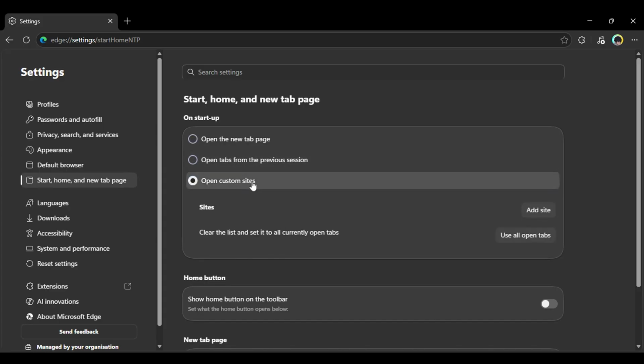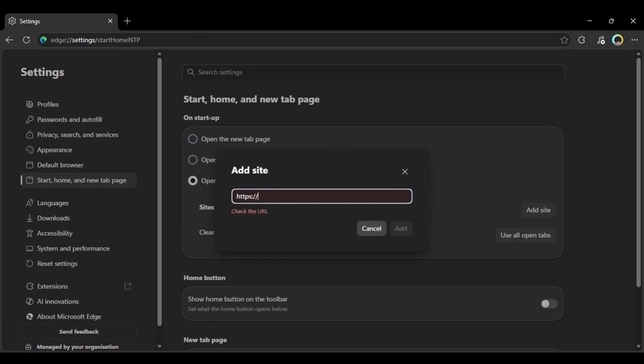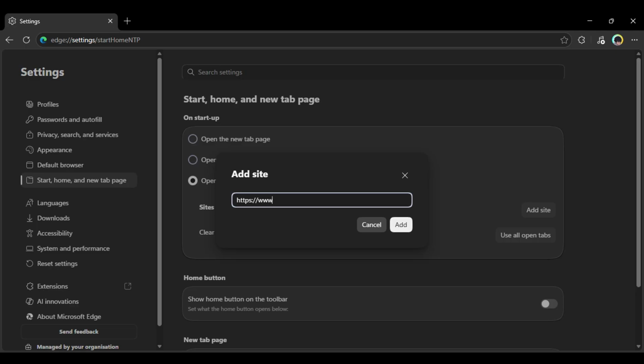Next, click Add a new page. In the box that appears, type https://www.msn.com and then click Add. That's it. MSN is now set to open when Edge starts. Next time you launch the browser, your homepage will load